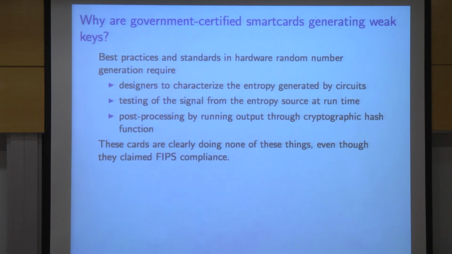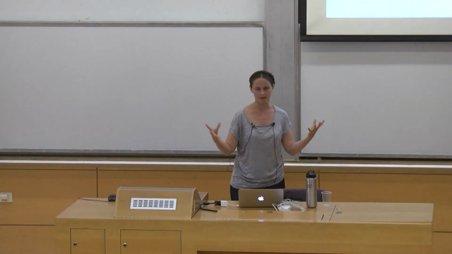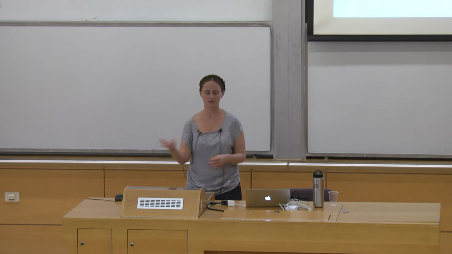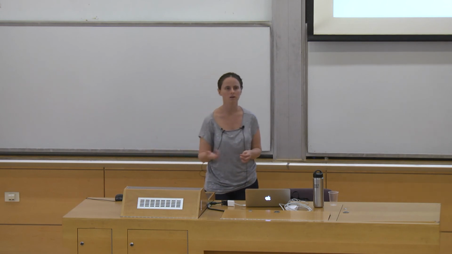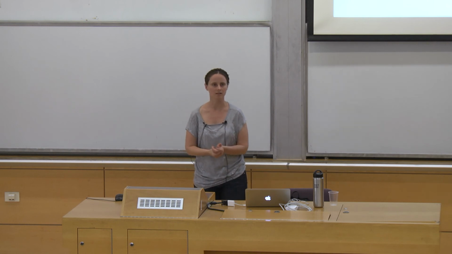So the big question here: I spent a lot of time talking about the random number generation problems in low-powered Wi-Fi routers running Linux and the like. In this case, we factored far fewer keys, but in some sense, the problems seem much more severe because these are smart cards that are being issued by a government. They give you a legally binding identification. And if you look at the literature that the government was passing out, they were claiming to follow the most stringent standards